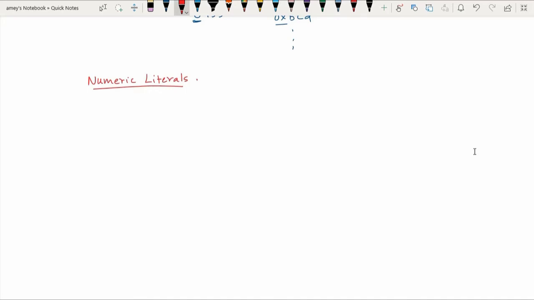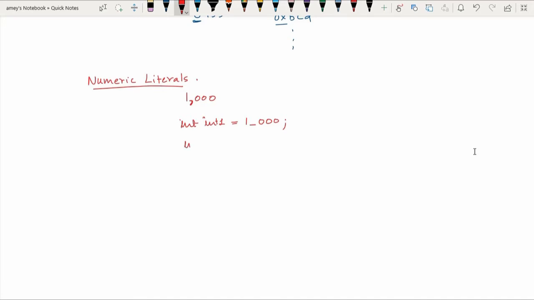For example, if you want to store say 1000, usually we use a comma, but comma is not allowed. So in Java, in place of this comma, you can put an underscore. So you can write it like this: int i1 is a variable name of type integer, and 1000 can be written with, in place of the separator comma, an underscore.